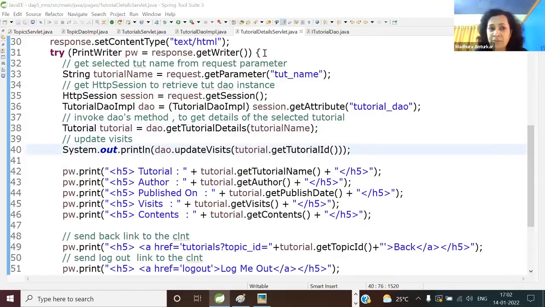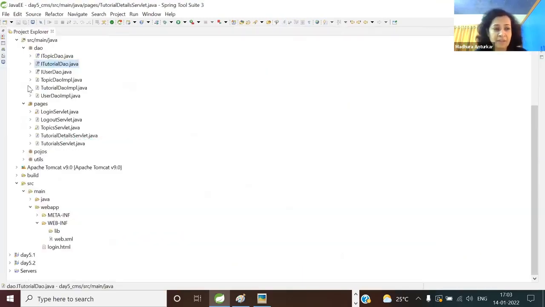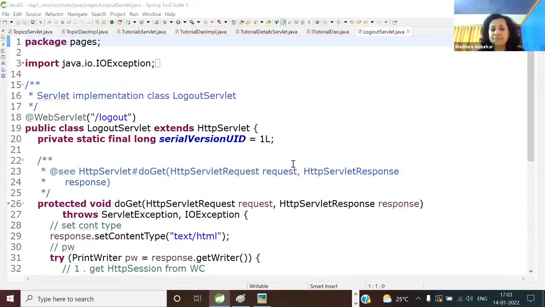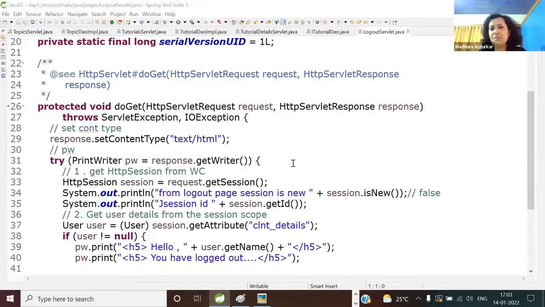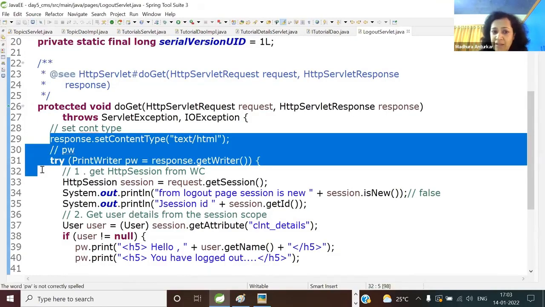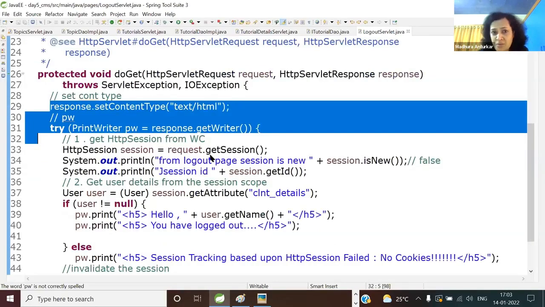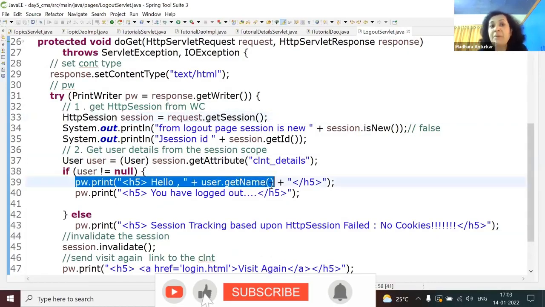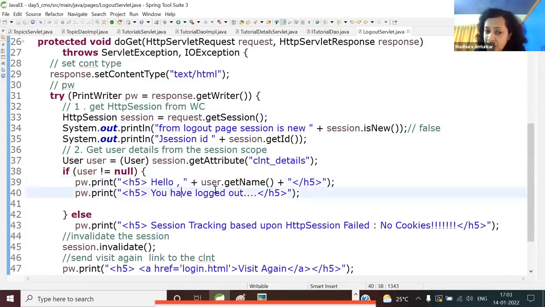So, okay, the last page we have to discuss is the logout page, and we are done with the revision. So open the logout page, please. A simplest page. The initial things are the same: setting content type, getting the writer. Here, I wanted to get the client details, so I've got it from the HTTP session as always. Checking for null value, giving the user, confirming whether we are remembering the user or not, and accordingly giving a message